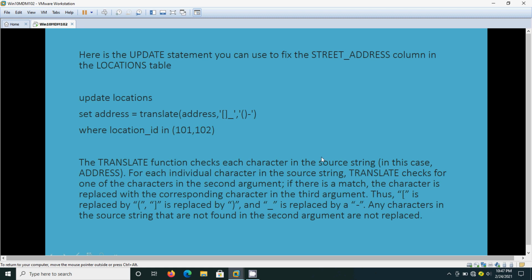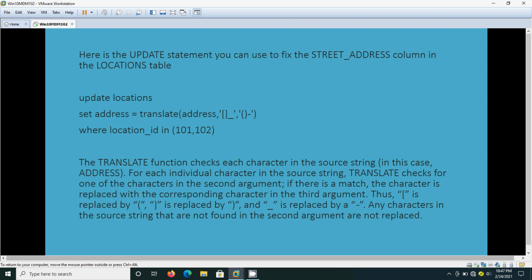That means the square brackets will be replaced by the parenthesis, the hyphen will be replaced by underscore, and the underscore is replaced by the hyphen. Any characters in the source string that are not found in the second argument are not replaced. That means except these characters, the rest of the things will remain the same.